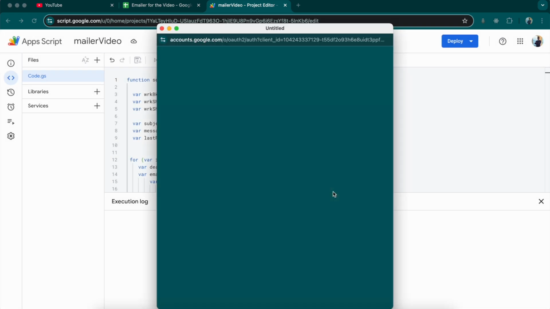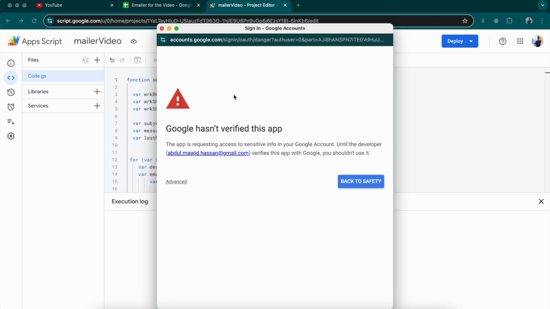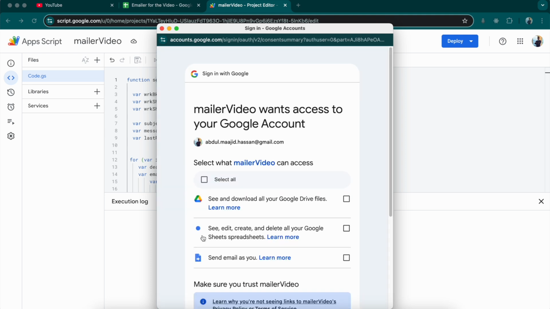So let's review. You're going to click the email that you are in, obviously, and this will appear. Do not worry, just click on advanced and go to email a video, because the reason you're doing this is because you are the person who created the script and you are aware that it's not going to do anything harmful to your device and whatnot. So just click go ahead with unsafe,